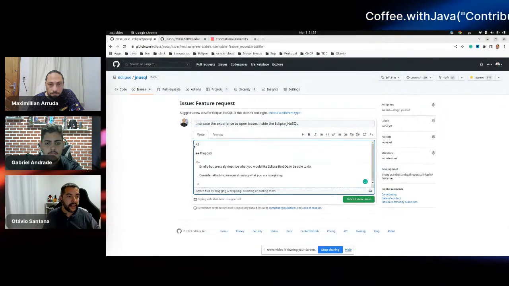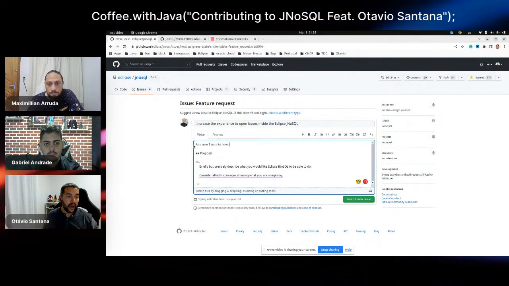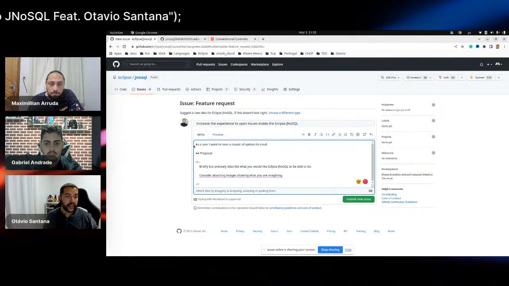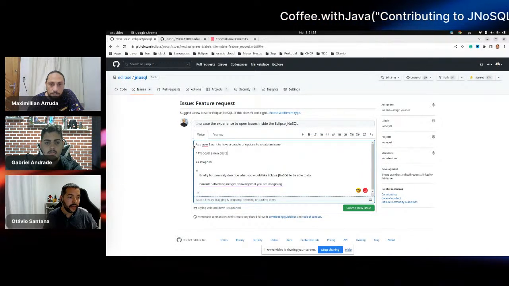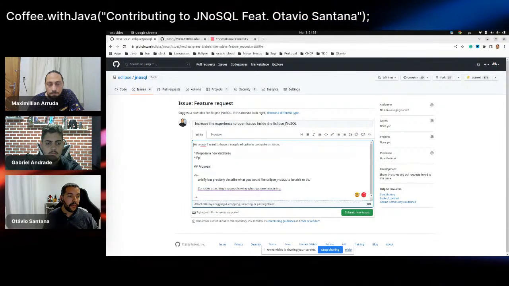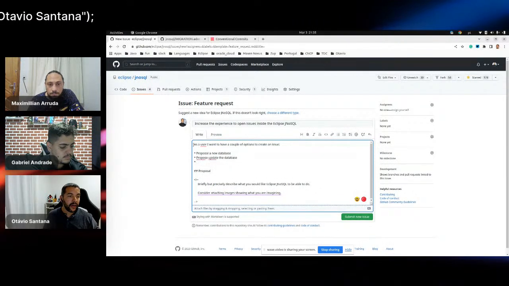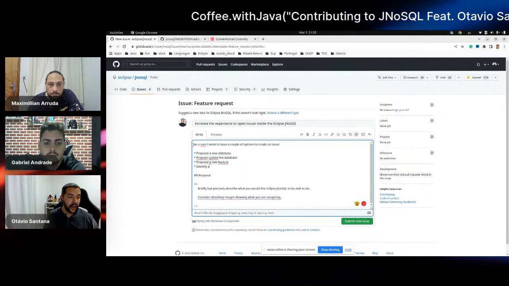So as a user, I want to have a couple of options to create an issue. So, for example, propose a new database, propose to update the database, propose a new feature, and identify a bug.